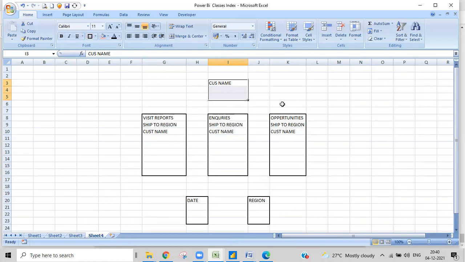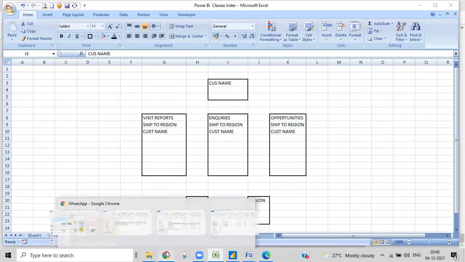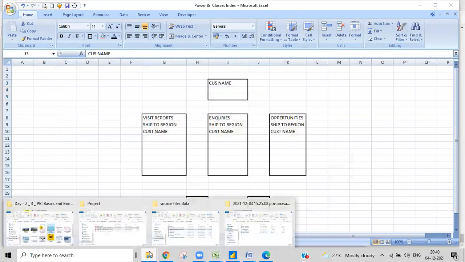We obviously know what a dimension table is. A dimension table is a table with columns or data which doesn't have any repetitions. So we remove duplicates to make it into a dimension table. We'll take this column into this, and do these things in Power Query. We'll go to Power Query and append the columns, the customer name column from these three tables, and then remove the duplicates. Or else we will do this in DAX only. I'll tell you how we do that. Give me 1 minute. Let me show that one also for you.